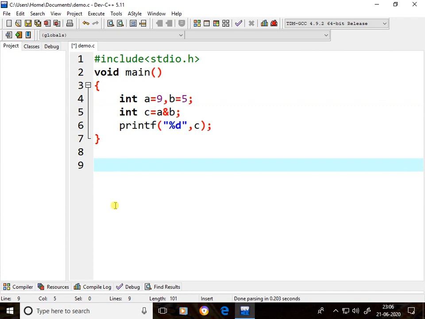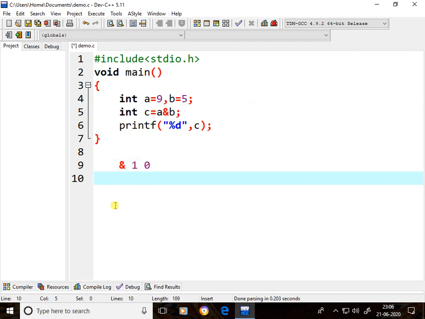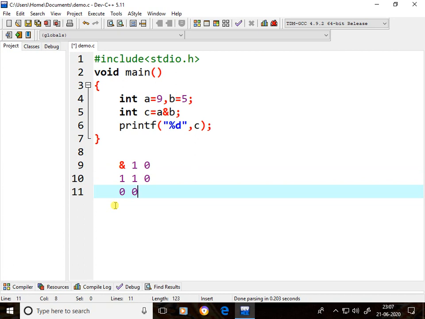Binary data is nothing but zeros and ones. 1 and 0 is 0, 0 and 1 is 0, 1 and 1 is 1, 0 and 0 is 0.